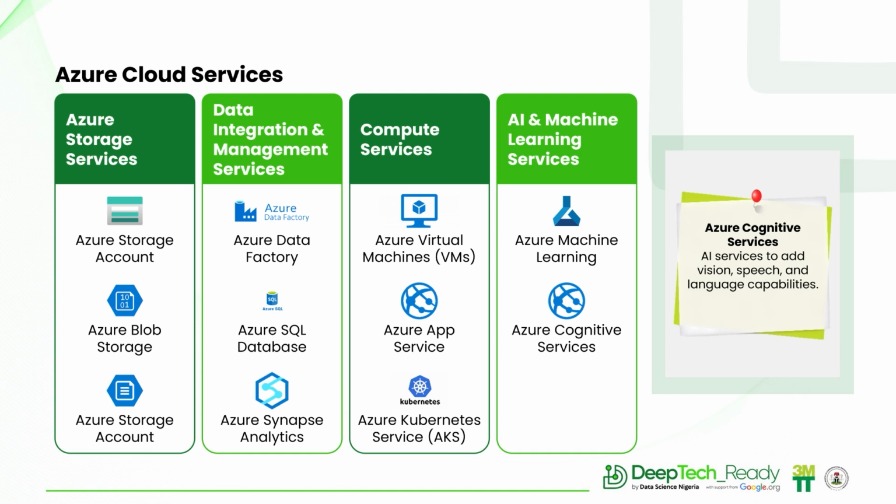Next, we have Azure App Service. I'm very sure we all have possibly typed onto our phones, okay, youtube.com. How do I type youtube.com and then youtube.com pops out? You've used websites. Most of us might have our portfolios. How did we host those portfolios? So you see that particular service that allows you to host websites. That's the same service in Azure. It's called App Service. So Azure App Service allows you to build and host web applications in the cloud.